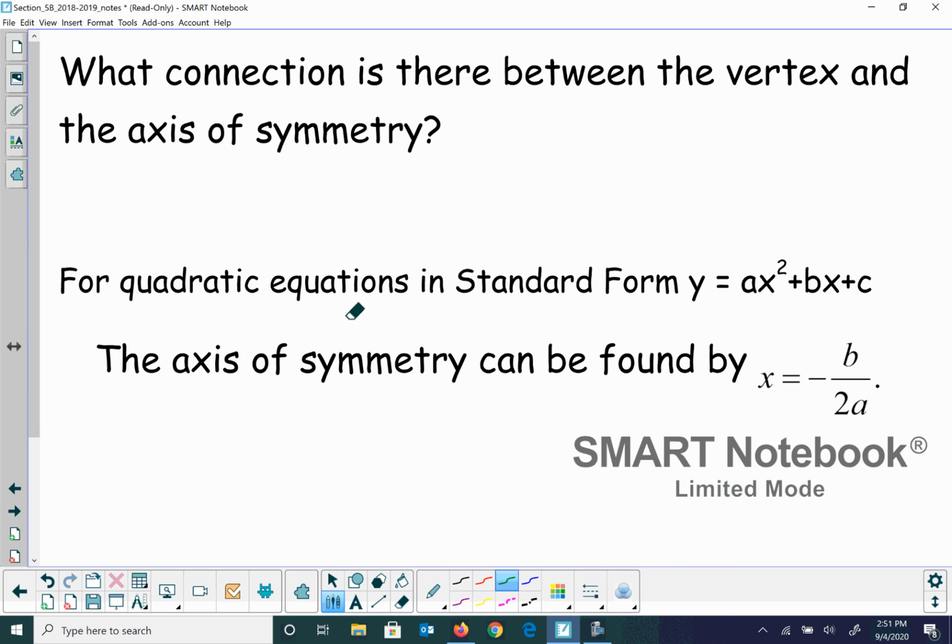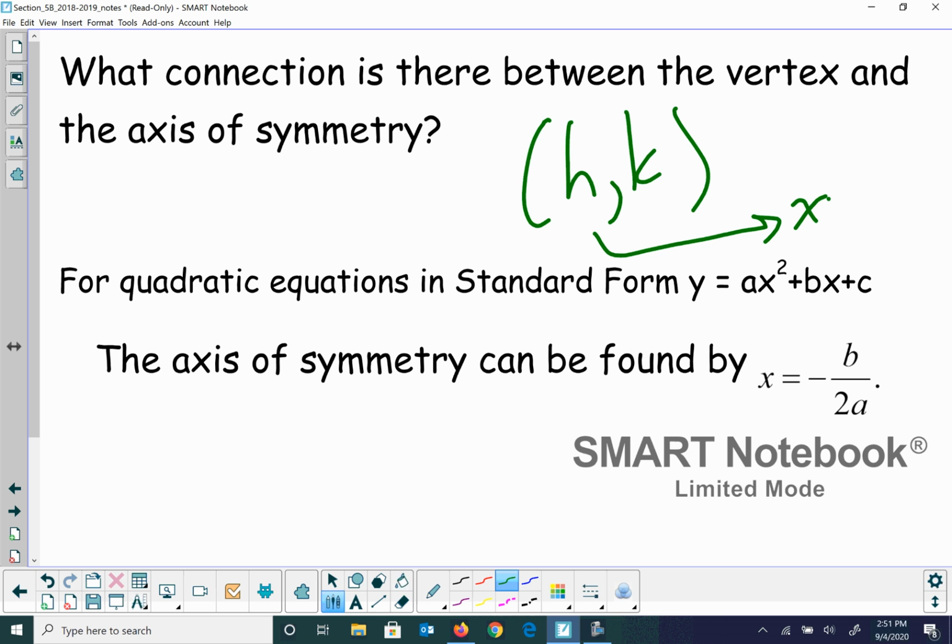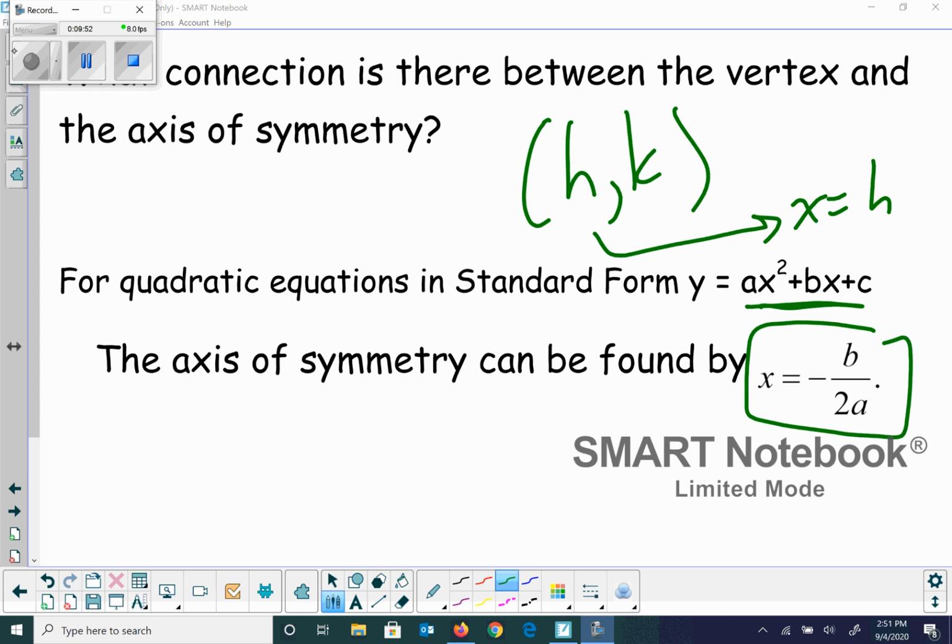So what connection is there between the vertex and the axis of symmetry? So h comma k, that's what they always use for it. My axis of symmetry is always x equals h. Okay. Now when you have your parabola that's all factored out, you're going to use negative b over 2a